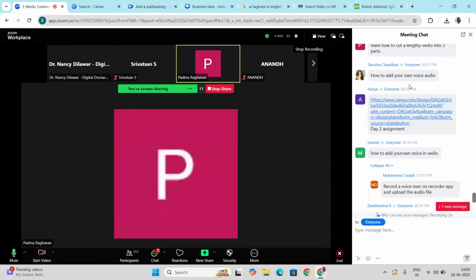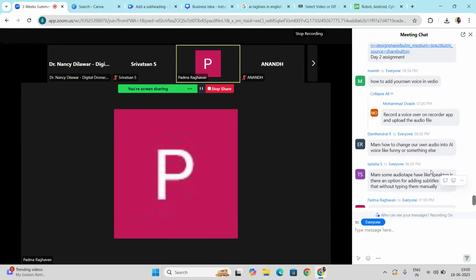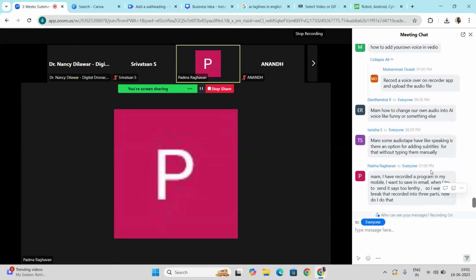On voice audio you want to add, you have to go to the upload section. Yes, I will go to upload, but I want to break it into three parts. How do I do that? Why do you need to split it into three parts? When I record, it is for 1 hour, but I want to save it. It is capturing my mobile space, so I want to put it into my email. When I try to send it to my email, it says it's very lengthy, not possible to send. So I want to break that 1 hour into 20 minutes. Okay, so you have your recorded audio on your mobile and you want to take it into your laptop, right? Yes, perfect.